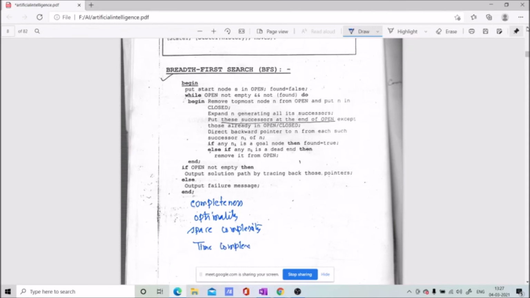You have to discuss these four parameters with each algorithm: whether BFS is complete, whether DFS is complete, whether they will give an optimal solution, and what the space complexity and time complexity are. Since DFS has some problems, there are depth limited search and iterative deepening depth first search, or DFID. Those four algorithms you should know, and then we will come to the